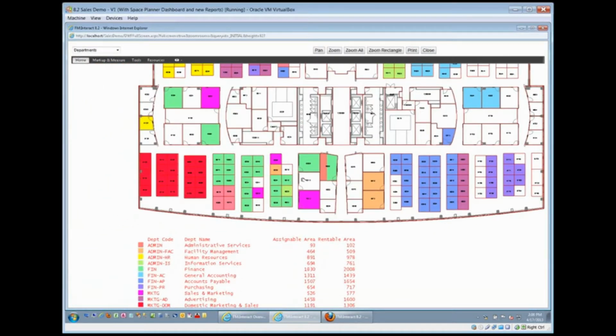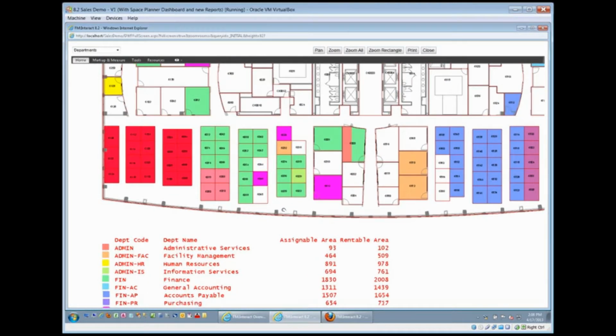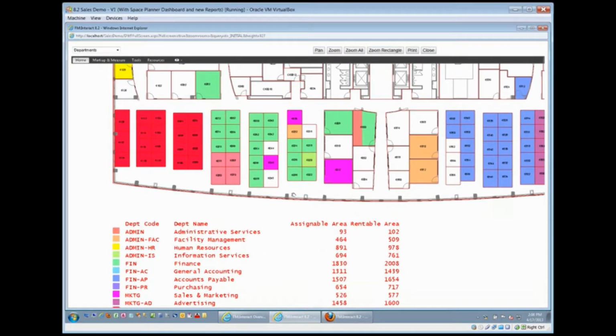There we go. So if we're looking at things in a graphic, we might want to display maybe all of the departments, how they're laid out in the spaces, and perhaps even show a legend down below. You'll notice that we can even incorporate splits. So if a space is used maybe 40% by one department and 60% by another department, again, it can automatically